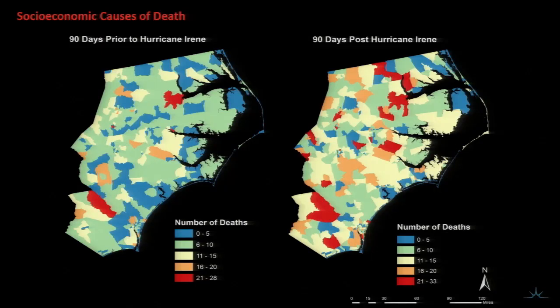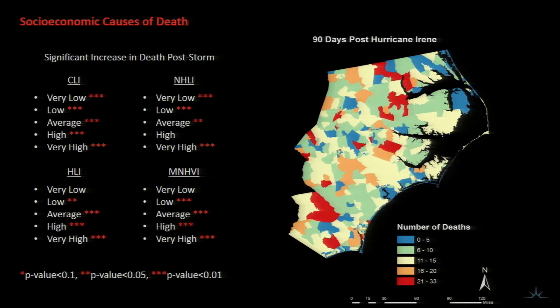So for socioeconomic causes, again, we're just looking at census tracts along the coast of North Carolina that were exposed to Hurricane Irene. We do see an increase. It's a bit difficult to visualize because there's no distinct spatial pattern, but if you go into the statistics, then you do see that there is a significant increase in death for almost every tract, no matter what vulnerability index